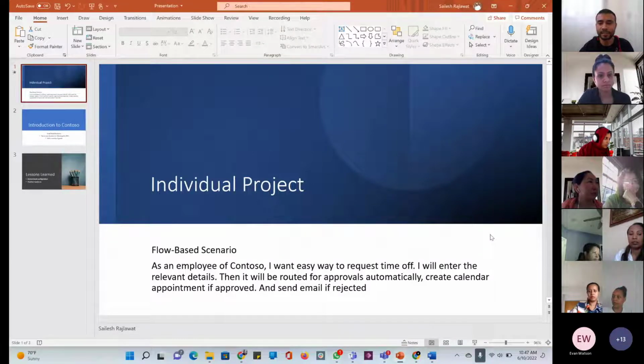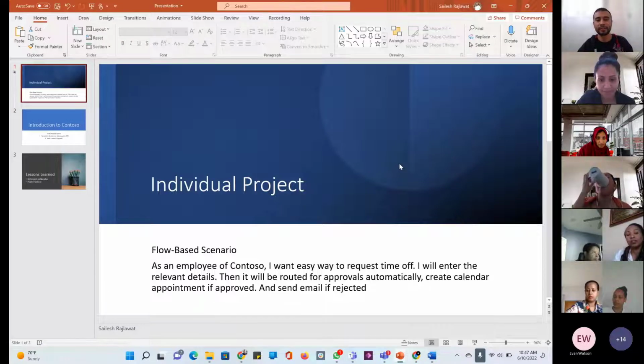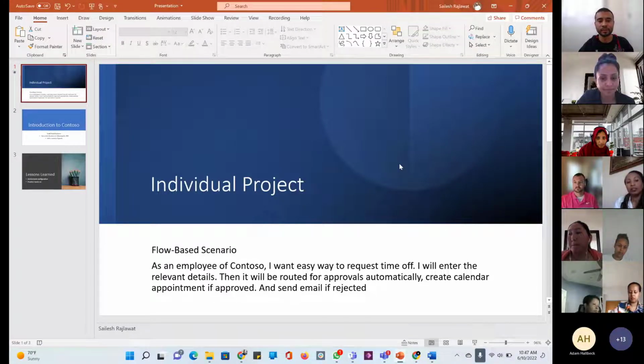So as a consultant, I would like to start with the scenario first. I'm going to go with the flow-based scenario. First of all, I would like to explain the scenario, the problem that I'll be solving, and the